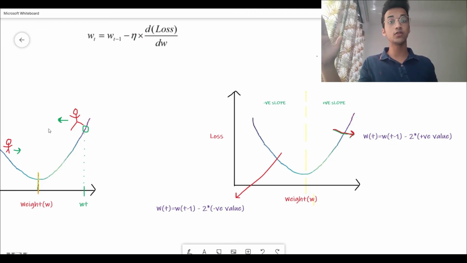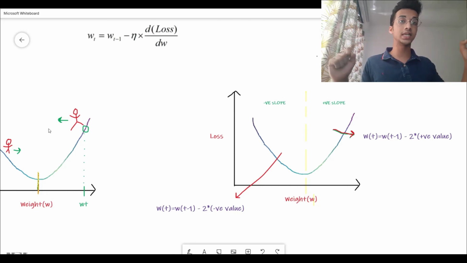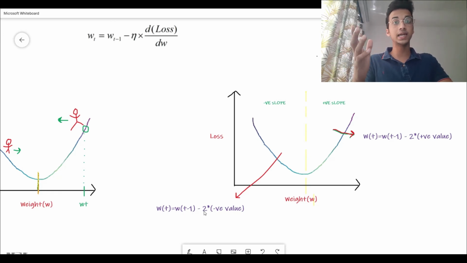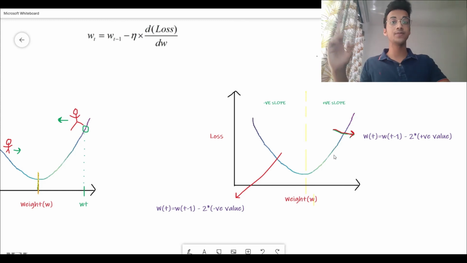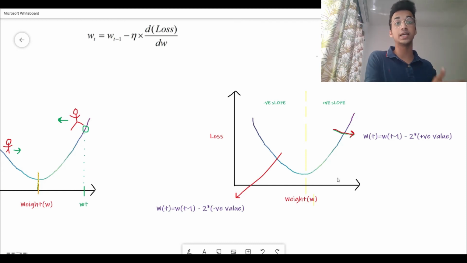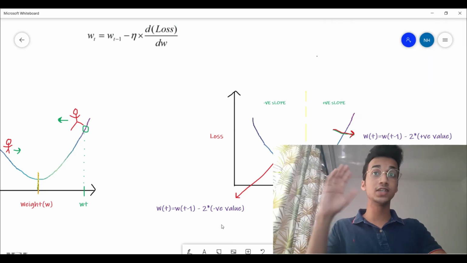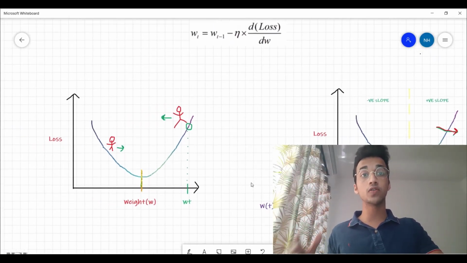And if you're on the left hand side of the curve, you want the weight to move towards the right, which means you want the weights to increase. So if you look at the equation, Wt is equal to Wt minus 1 minus the learning rate, let's say 2 for example, into the derivative, and the derivative is negative. So this equation is going to end up increasing the weight, because negative into negative is going to be a positive value. So whenever you're on the right hand side, you're going to shift the weights towards the left, and when you're on the left hand side of the minima, you're going to shift the weights towards the right, or you're basically going to increase it. So that is the physical significance, and there are a lot of variations of gradient descent as well.